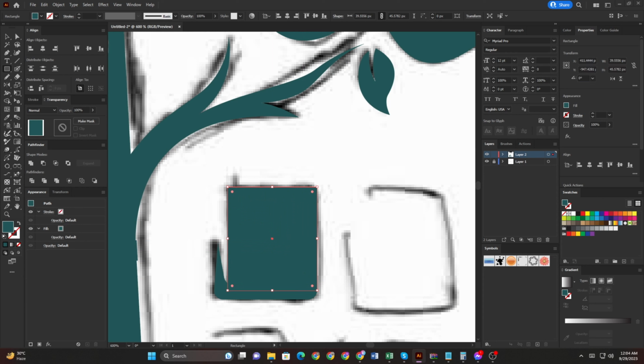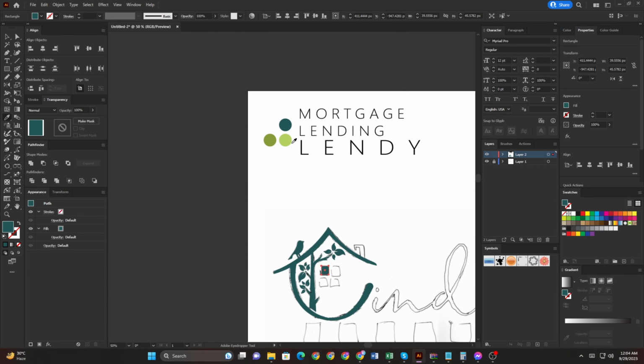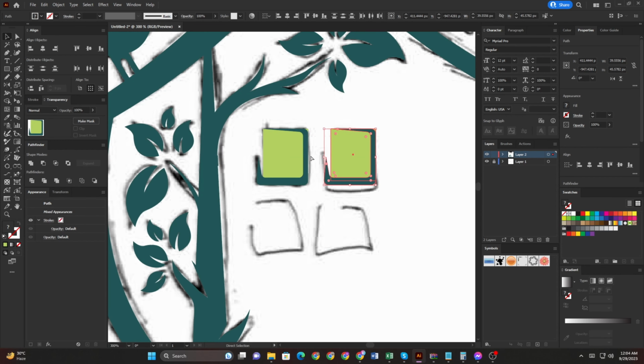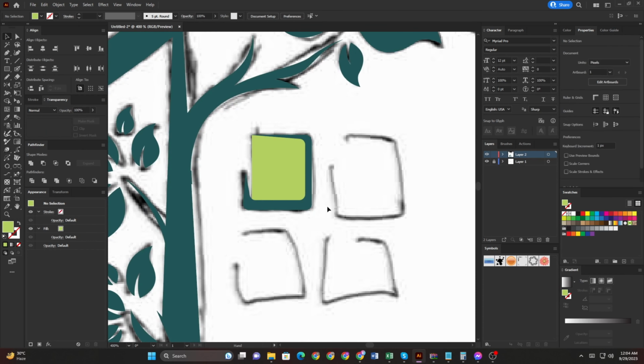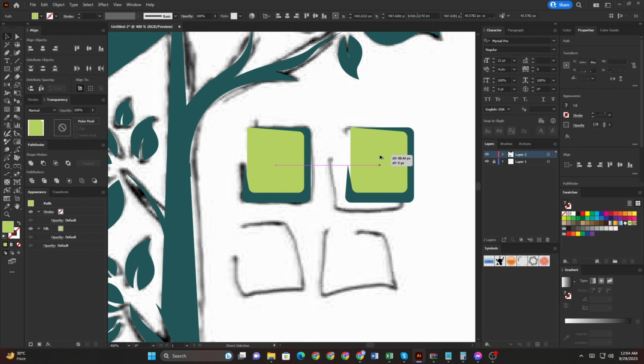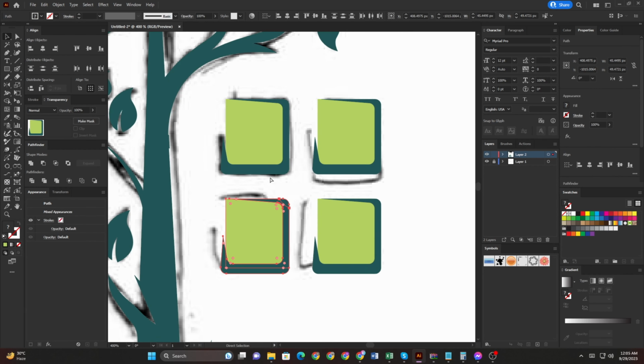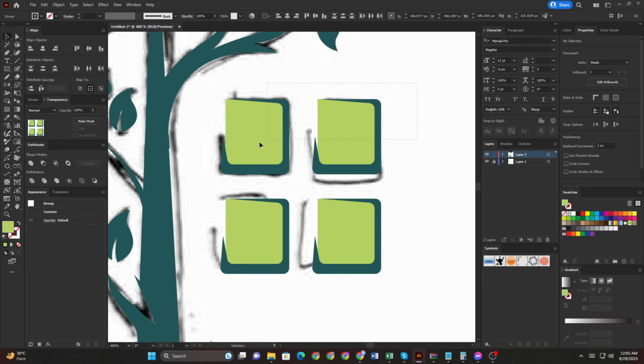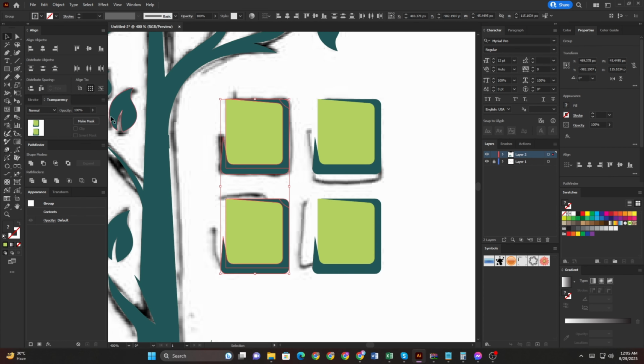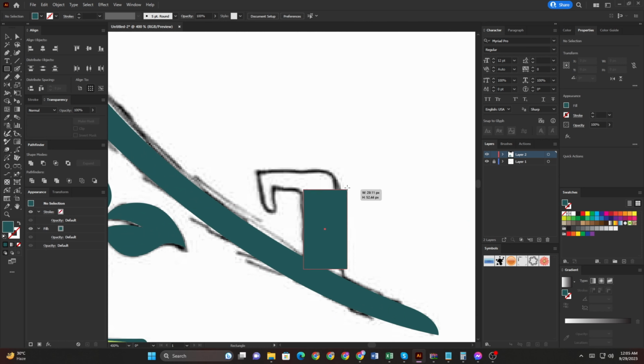Now take a shape. And its copy. OK. Then take shape.